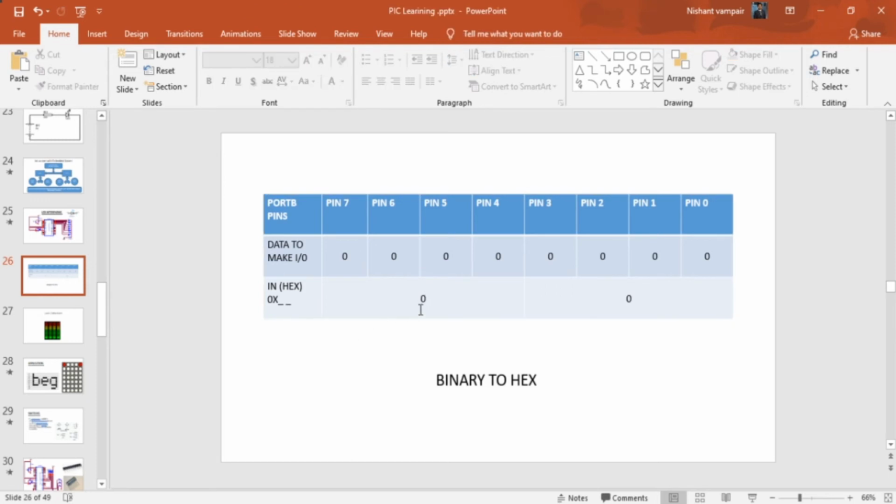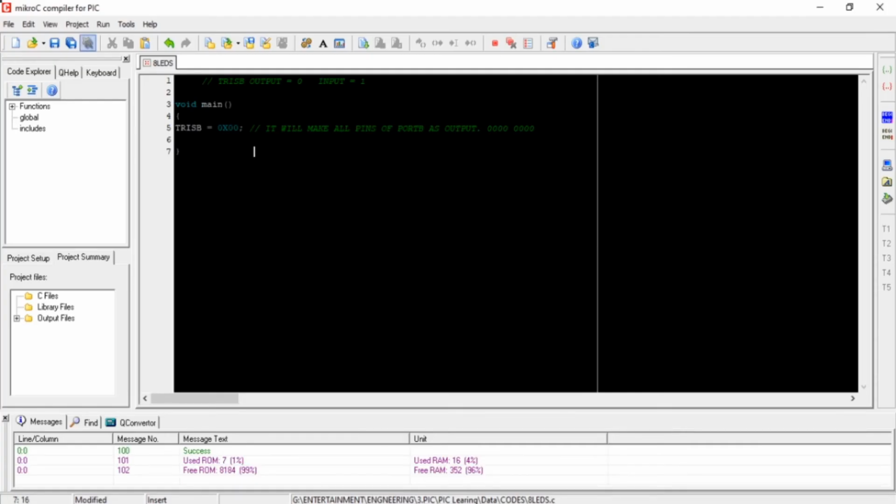So our data is 0x00. I hope you understand this. Now let us move further in our programming part. Write another command, PORTB = 0x00. What this command will do is provide the data